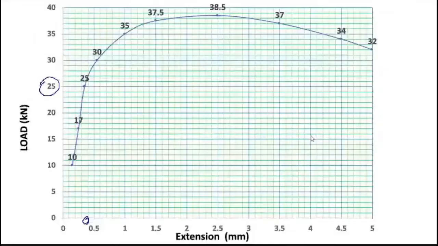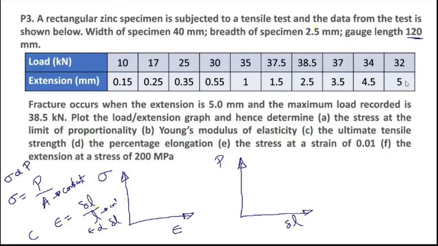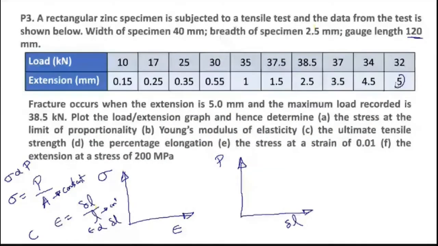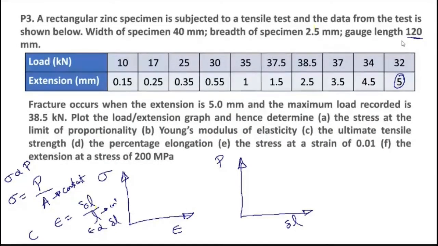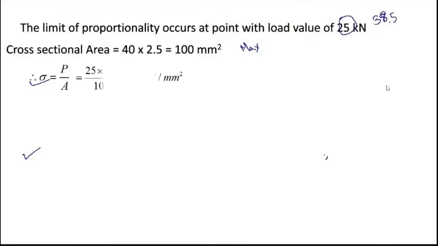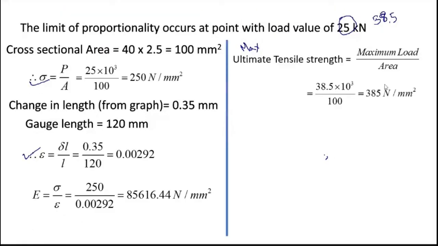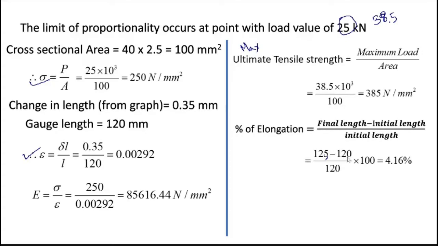If I consider this, maximum extension is 5 mm. My gauge length is 120, which means my total length will be 120 plus 5, which is 125. So that is my value for this. Right? 125 minus 120 divided by 120 into 100. So I'll get